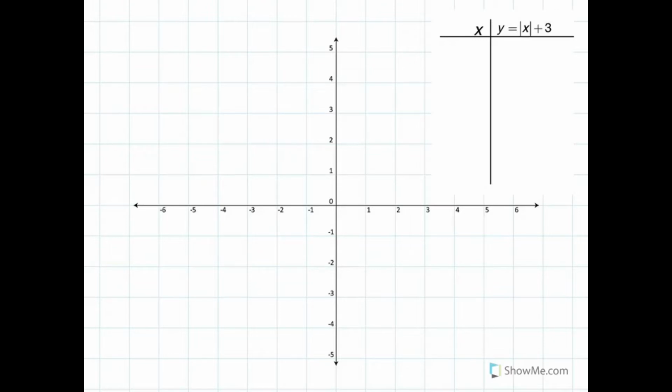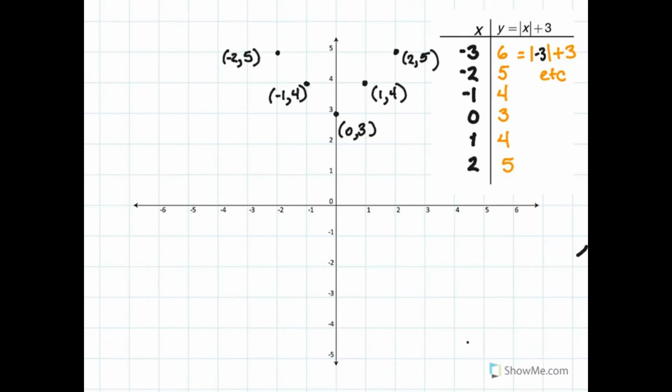The trouble with graphing with tables is first that it's rather tedious. I have to choose a large number of values of x and then plug those x's in and evaluate what y is for each one. Why don't you pause and try that yourself, and then I'll fill it in so you can see what happens. Check your table against mine, and now we'll plot those points.